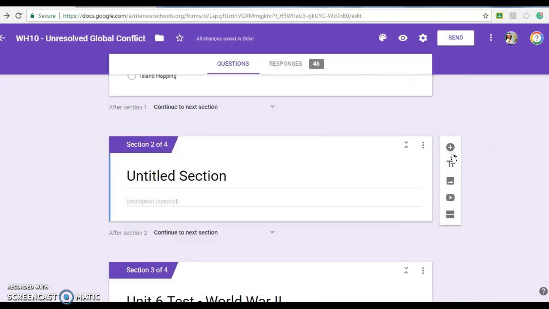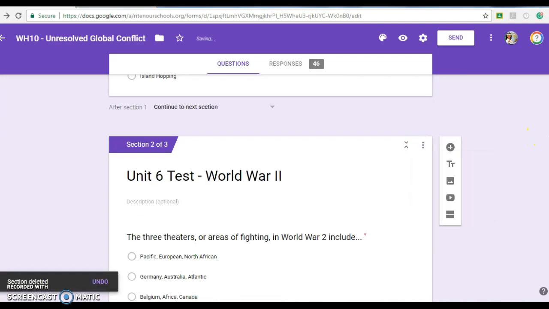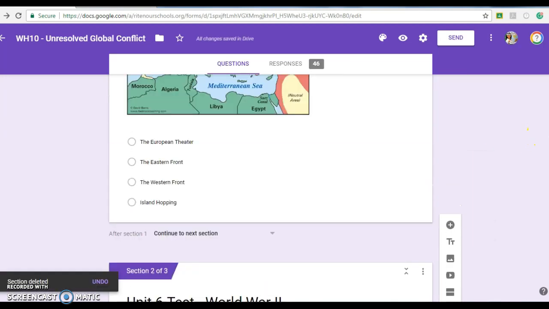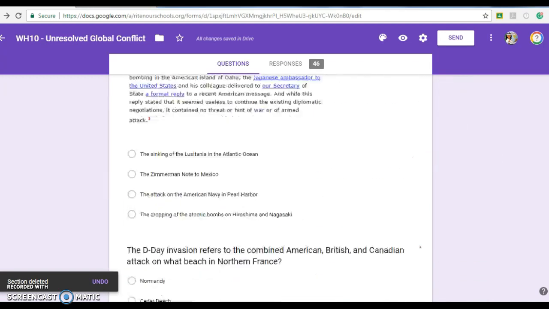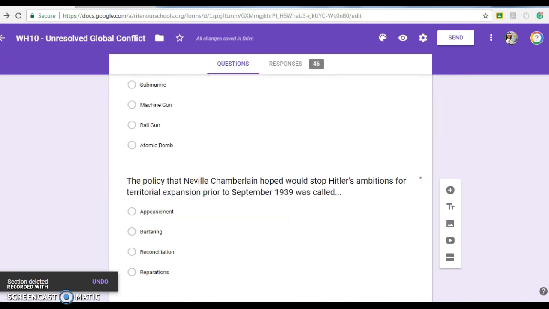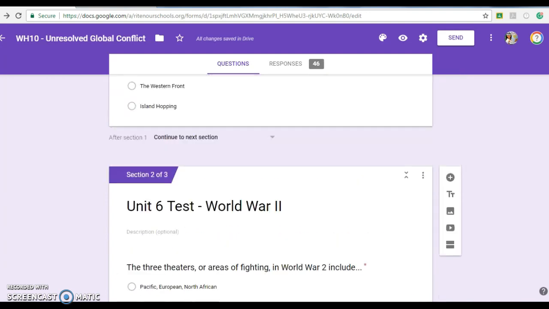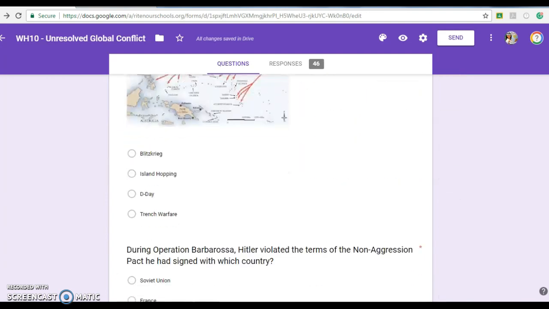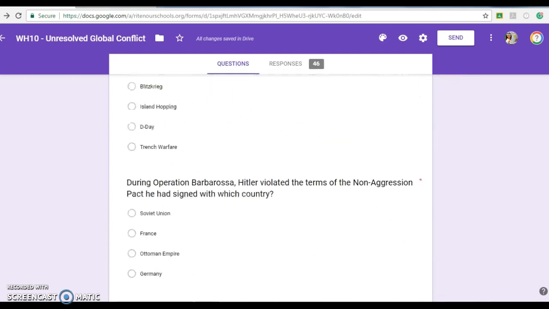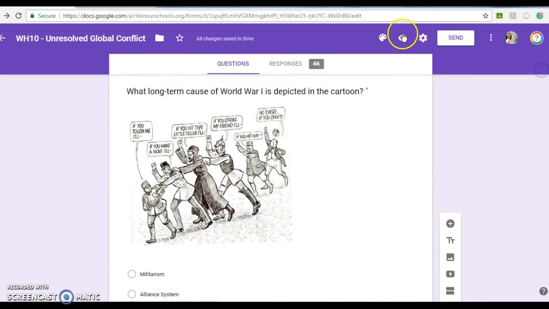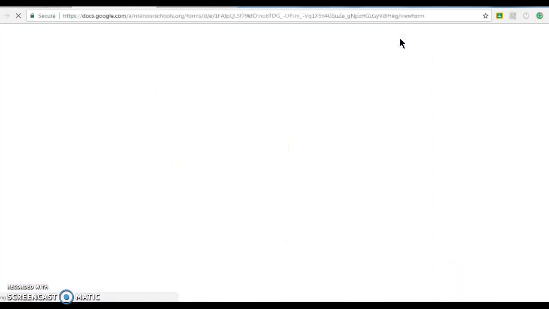Okay. The nice thing is that when they take the test, it breaks this into pages. So even though I see all of them on the same page, for them they would scroll through and they would finish page 1, click next, and it would go to page 2, and so on. That's pretty much it as far as that goes. If you'd like to see what the test looks like for them,